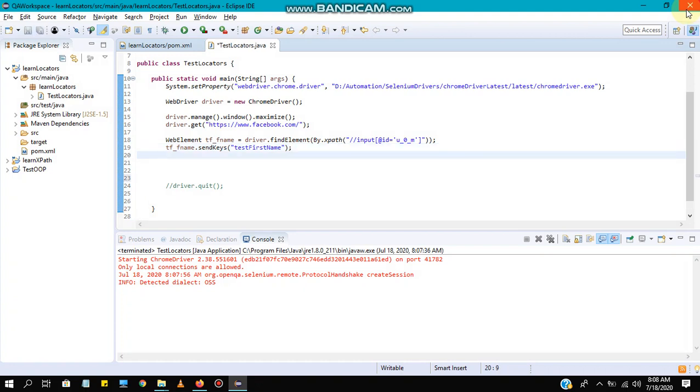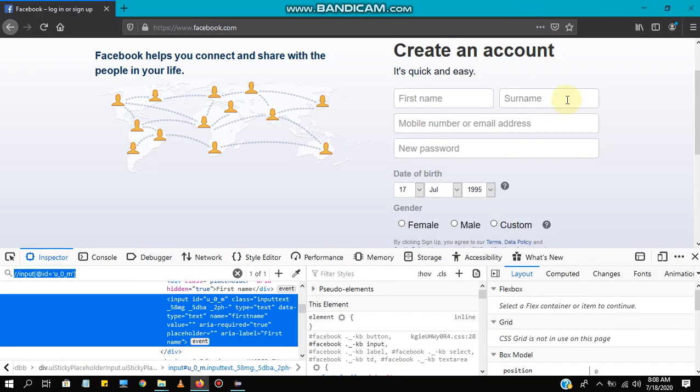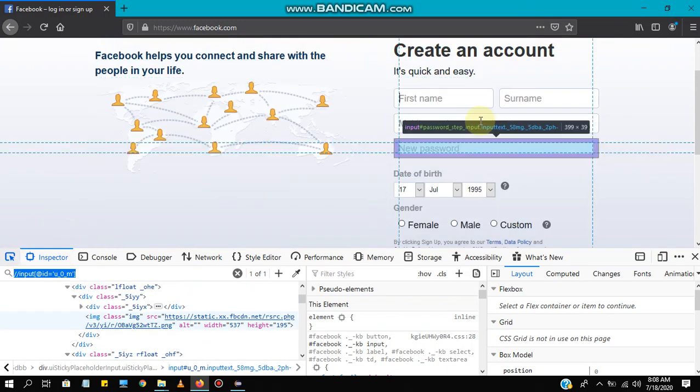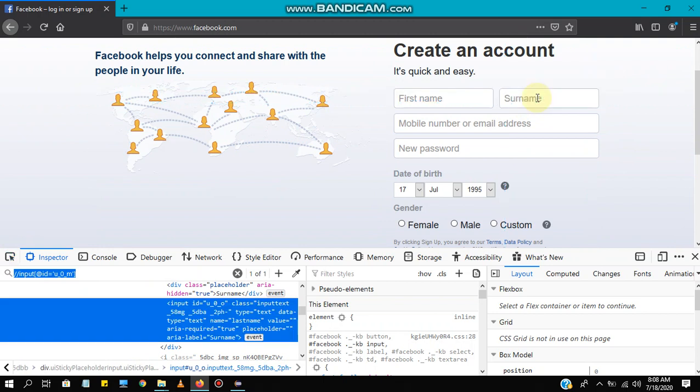We'll try to capture another element, the surname. We'll try to capture that one as well. Just click on here, click on surname. These are the information related to the surname highlighted in the blue color area.